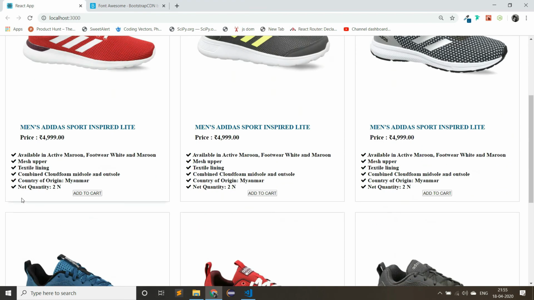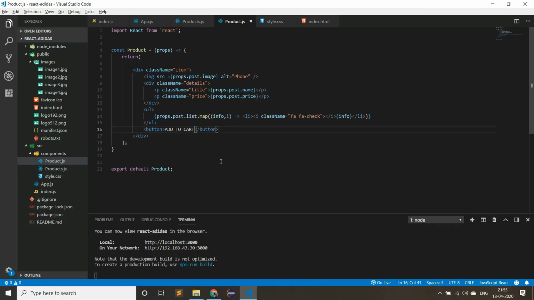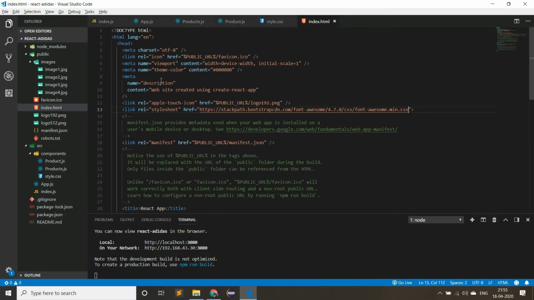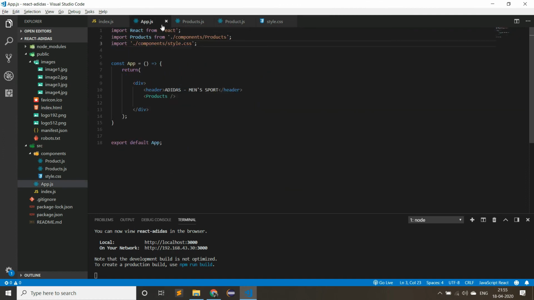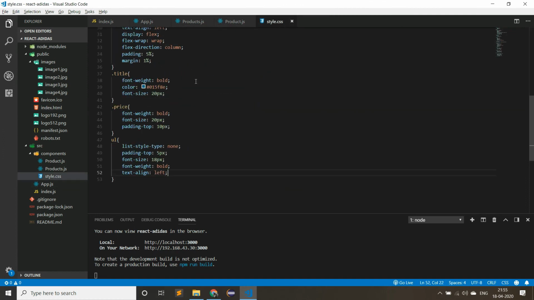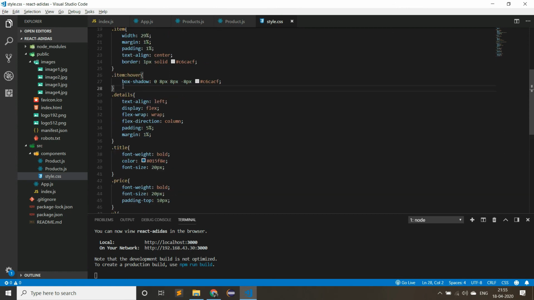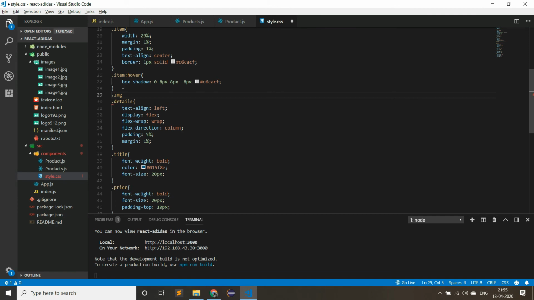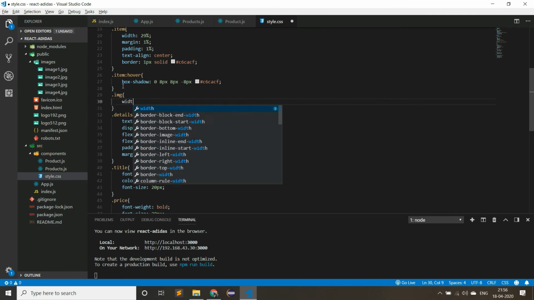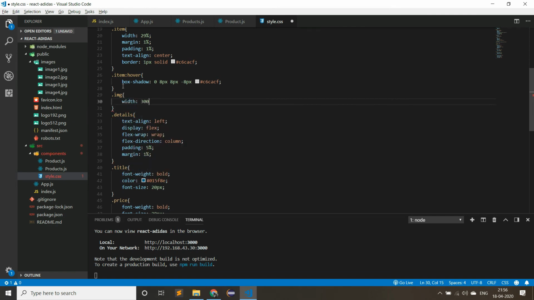Now you can refresh the page. Now you can see a check symbol before the list items. Okay, now let us add some styles to the button. Inside of the style.css, before that let us add the width of the image, so width equal to 300 pixel.